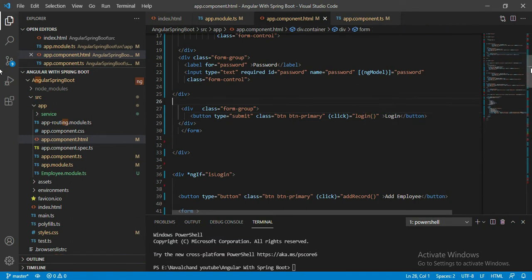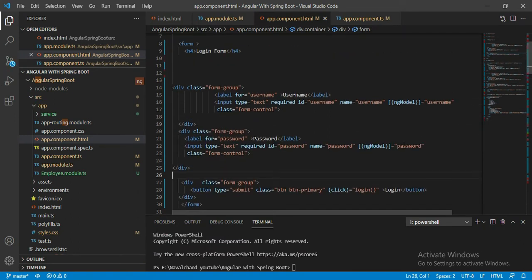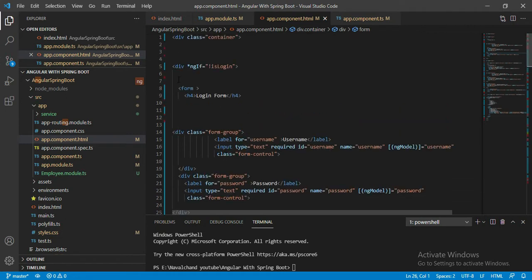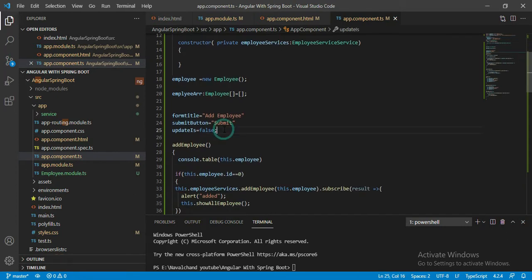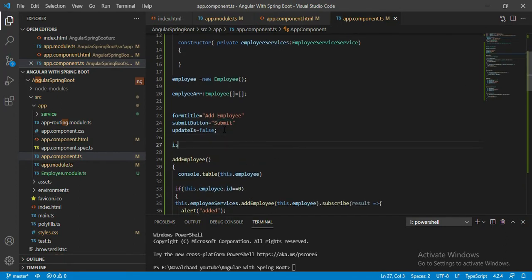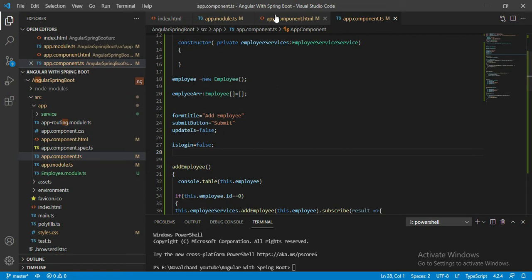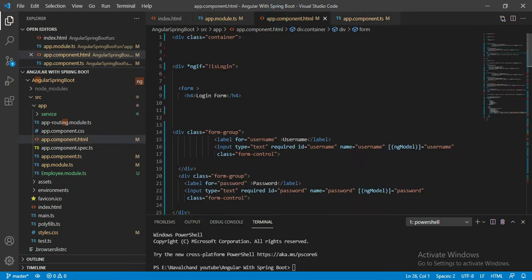So we have to create username, password and isLogin, these three variables inside app.component.ts. Let's create those. I'll simply create isLogin equal to false. Initially it should be false. Then we have a username and password.